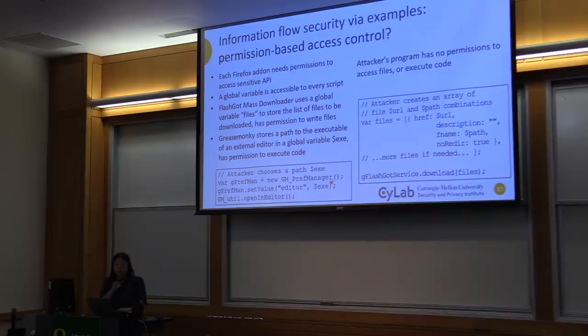So when you have these two pieces of code, now the Grease Monkey thought that it's actually loading an editor, except this path was modified by the attacker. It's actually pointing to the malware being downloaded by the mass downloader, right? So here, combine two apps with permissions. This attacker's app, the Firefox browser, does not ask for any permission, manage to download malware and execute. Right? How do you think about this for a while? How do you solve this problem?